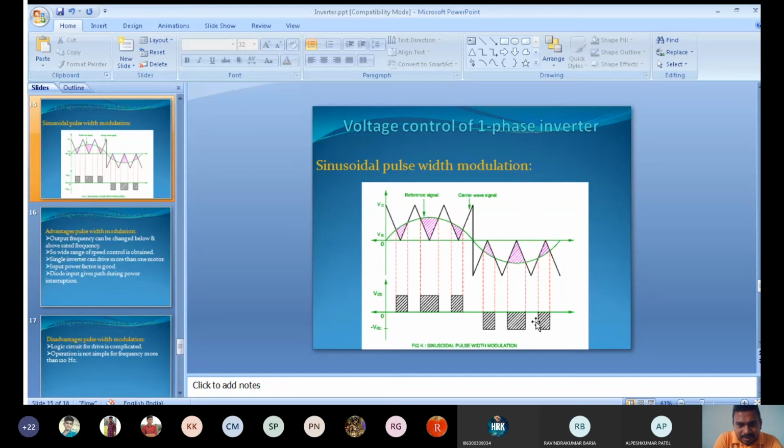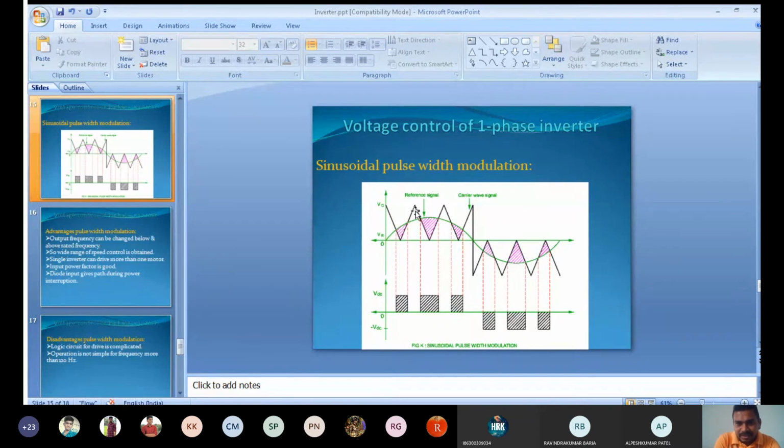Okay, okay. So here what happens, at this point the carrier signal and reference signal become equal. So at this point the pulse is generated and it continues up to this point. So in this time duration the carrier signal is equal or lesser than the reference signal, so pulse is generated, but the width of pulse generated is greater compared to this pulse. Okay, because the magnitude of reference signal is varying, because it is a sinusoidal waveform. Okay, so at this point it is 0, at this point the value is different, at this point the value of reference signal is different as the sine wave.